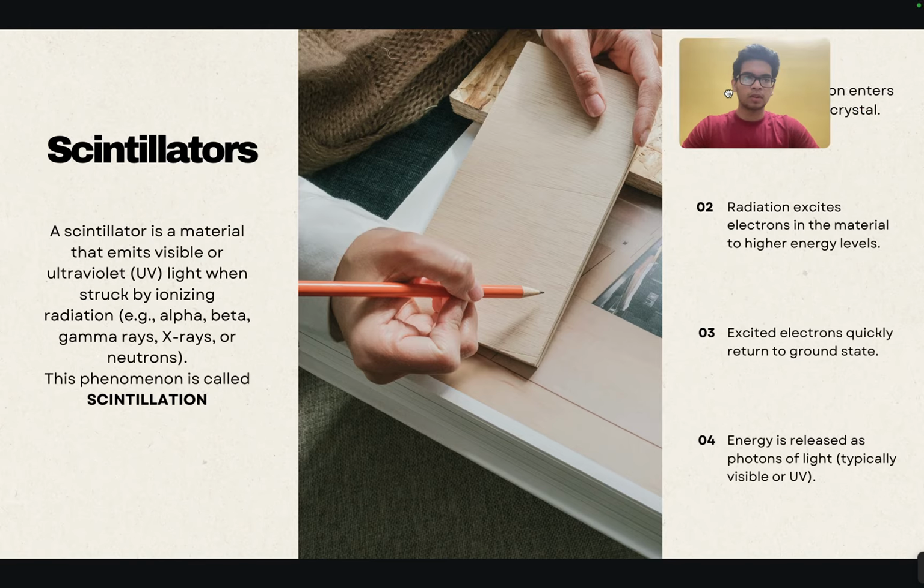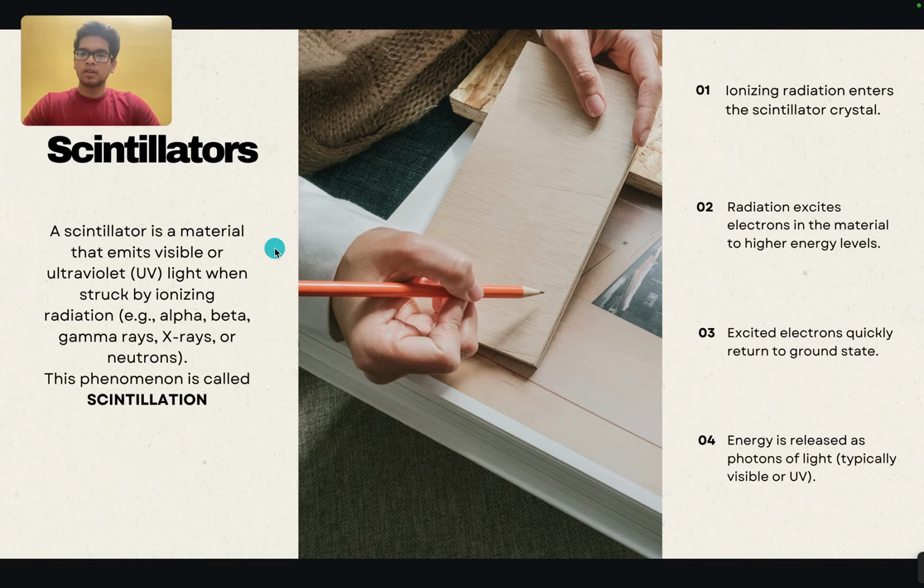Okay, so let's talk about the materials. Let's talk about scintillators. Scintillators are materials which have the property of absorbing input radiation, even high energy radiations such as alpha rays, beta rays, gamma rays, even high energy photons and such. These materials absorb all these radiations and convert them into visible light or UV light, and this process